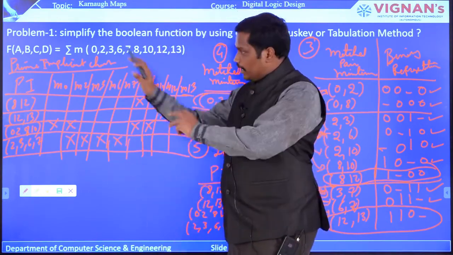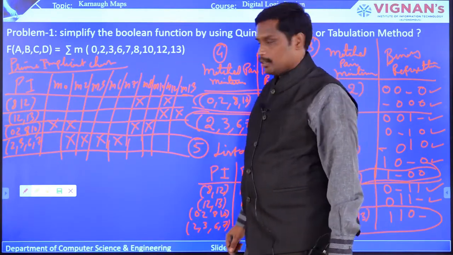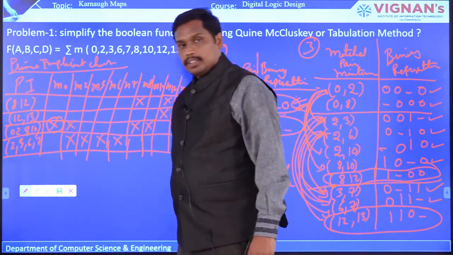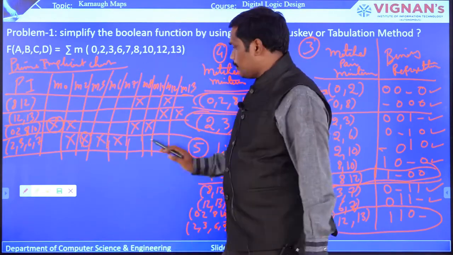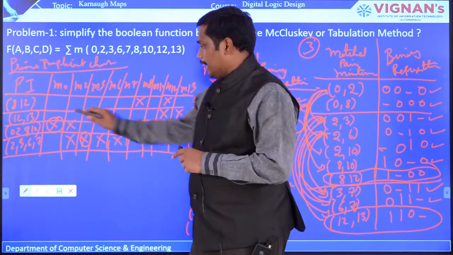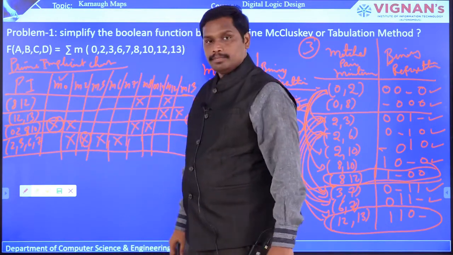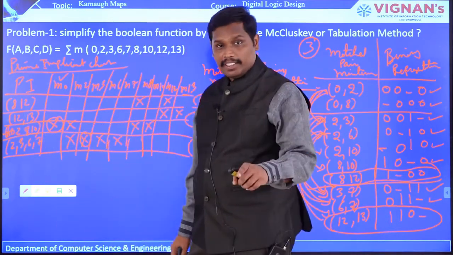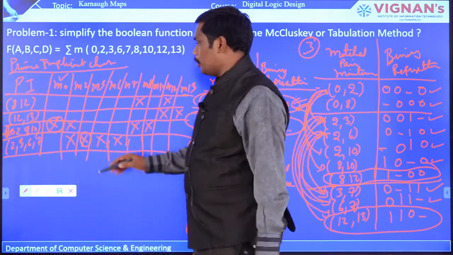The first step after completing the prime implicant chart is to check for the columns which have only one X. For example, in the column M0, that is the first X. Whenever only one X is marked in a particular column, put a tick mark for the minterm as well as a star mark here, which means we are considering it as an essential prime implicant, which means it is a part of the expression. We'll see how it is done.